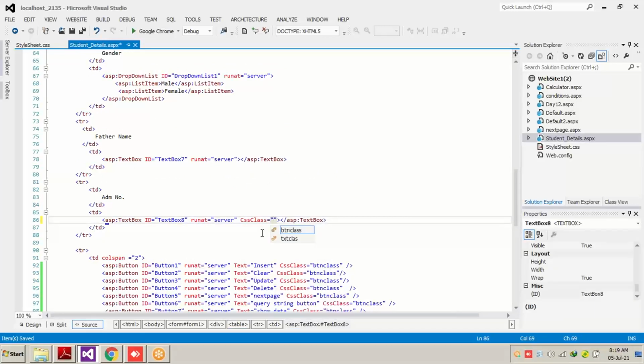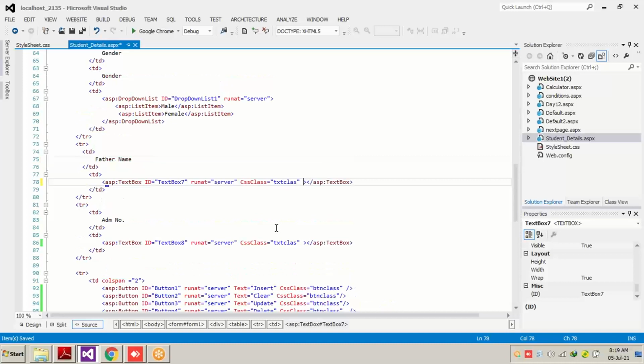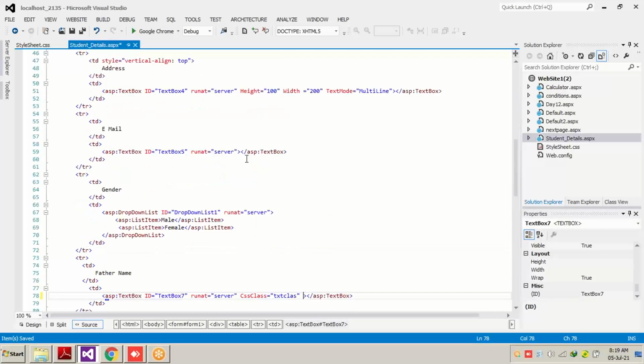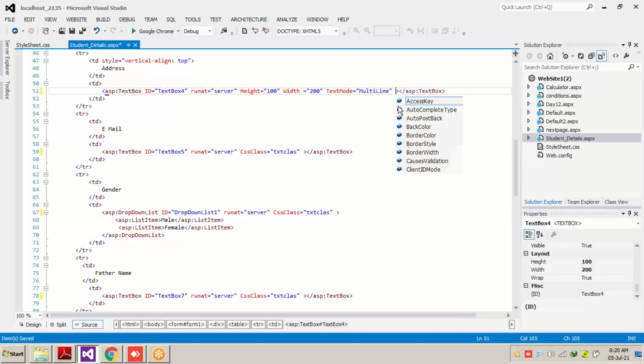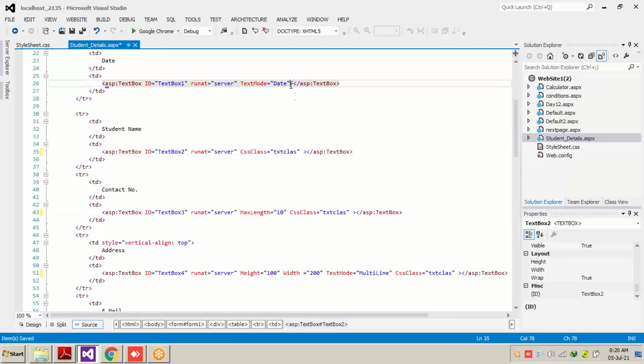We are going to use this class, and that's it. And the same class, we are going to copy in all our text boxes, not only text boxes, but our drop down list also. The design of every text box will be changed according to the class.